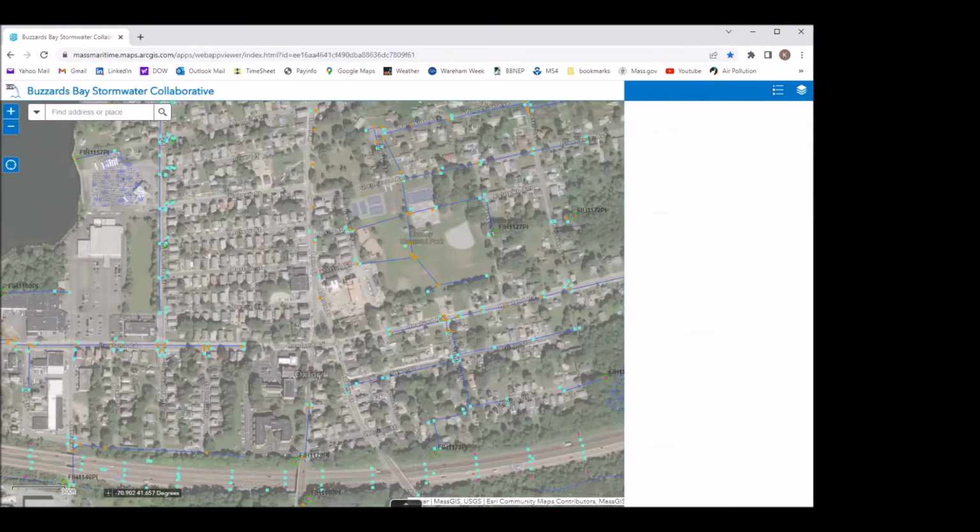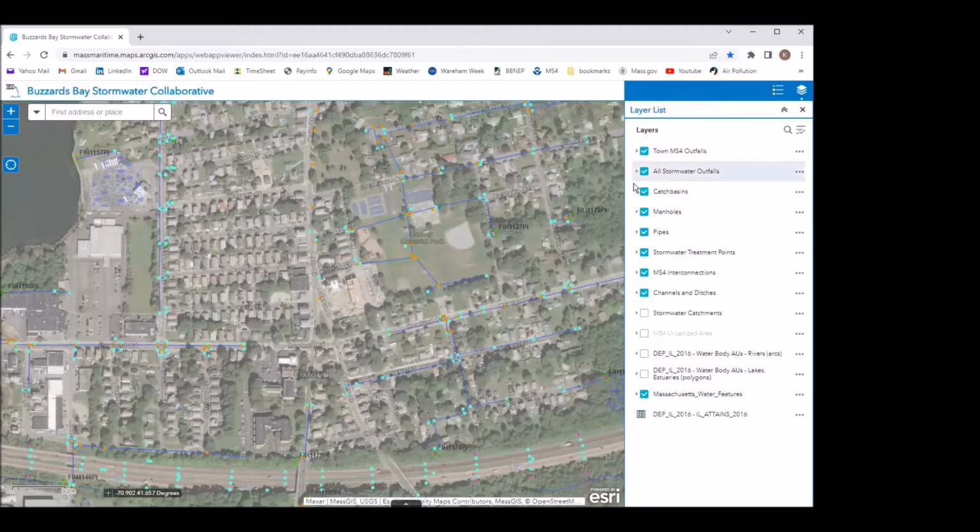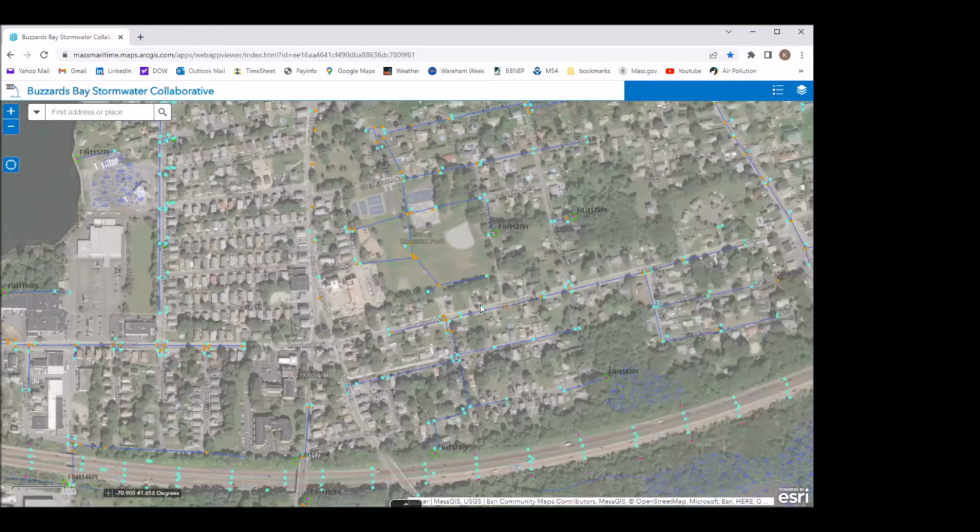The other button gives you a layer list in which you can turn layers on and off. So I can turn catch basins off, makes it look a little bit simpler. There's other things that by default are turned off. The other thing you're seeing on the map is the imagery background, which is provided by Estuary, along with the road names. And then I added a couple of Mass GIS layers like the hydrology, so you can see the wetland symbols. And impaired waters is also one of the things I added, but I have that turned off